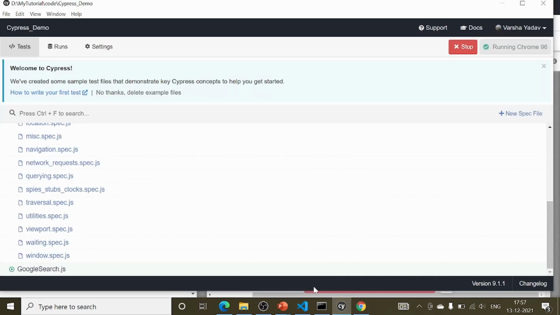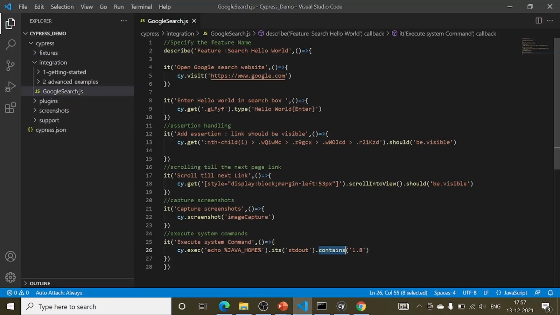We are getting some errors in using contains. Let's remove this.